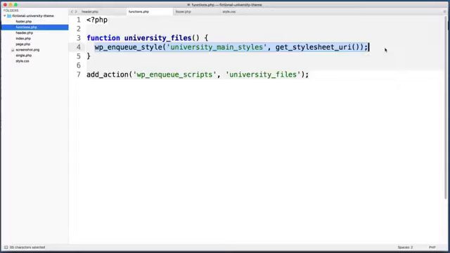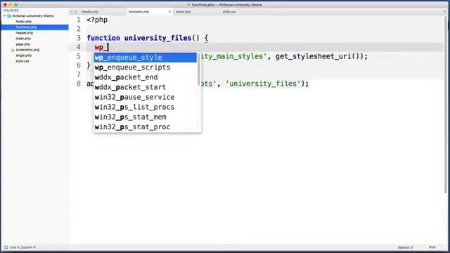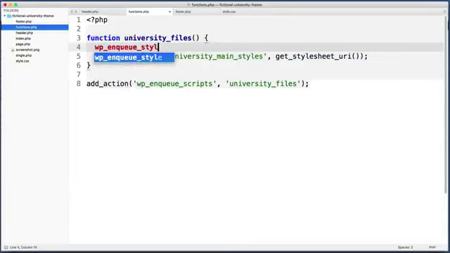So if we want to load another CSS file, what we can do is just right above this line, let's call the wp_enqueue_style function again. All right, now within the parentheses, we want to pass in two arguments. The first is a nickname that we get to make up. Why don't we call this one Font Awesome? The name doesn't matter, it should just make sense to us. And then comma, and then let's include a second argument,